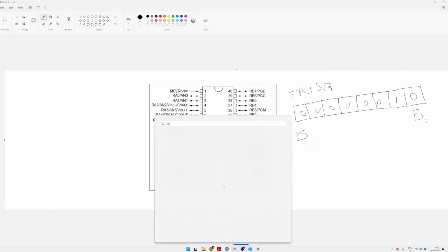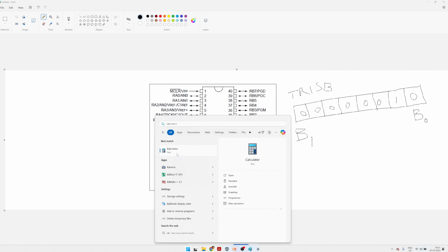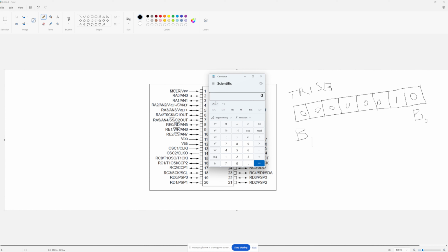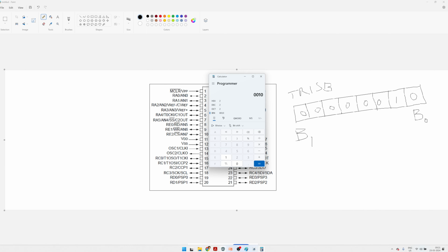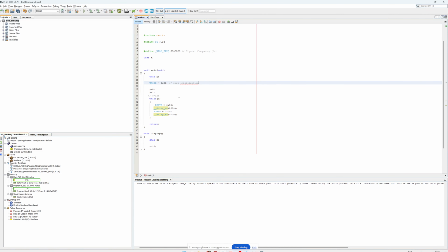If you open the calculator, go to programmer, choose binary and enter 10, you will get the hexadecimal value 2. So you can write a code like this: TRISB equal to 0x2, which will make port B pin number 1 as input,